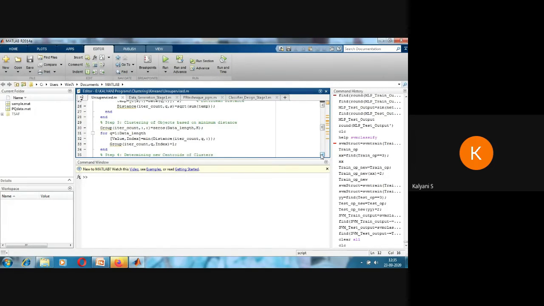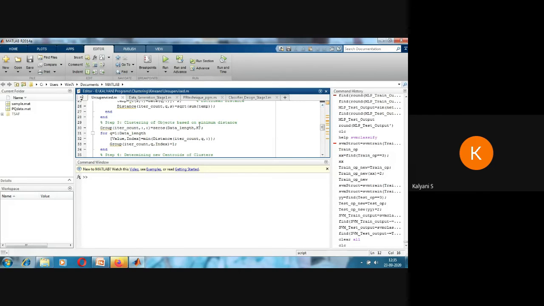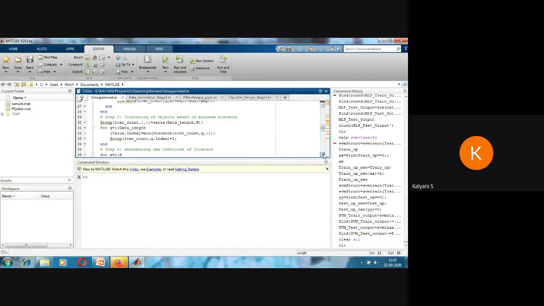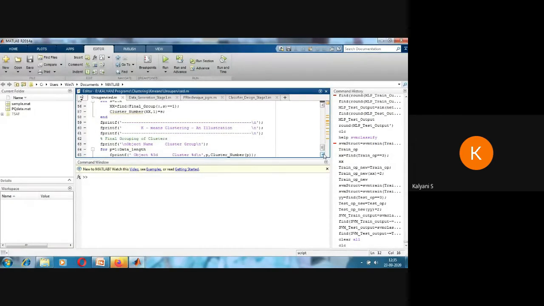You do not have a built-in function in MATLAB for k-means like what we had in the other cases. So we have to do it by writing the MATLAB program. We are clustering the objects based on minimum distance, determining the new centroids of the clusters. This is purely based on the algorithm which I have already shown you. And then finally we are printing the results. So let me just run this program.